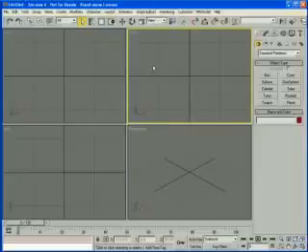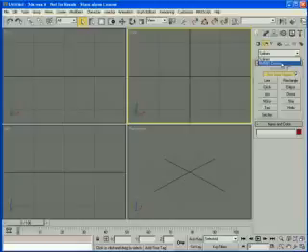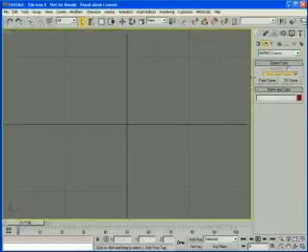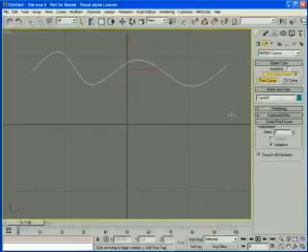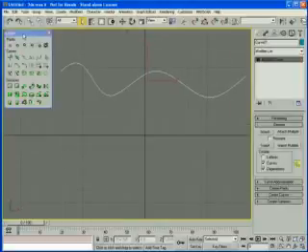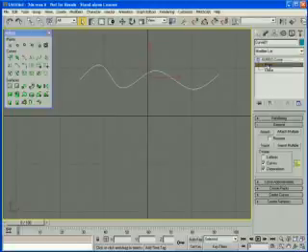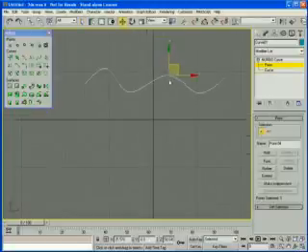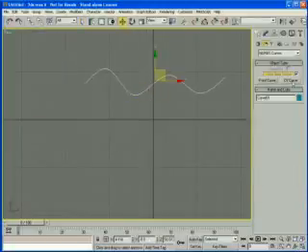Let's learn how to model using NURBS in 3ds Max. Now, if you've used Maya or Softimage or any other number of packages, you're probably familiar with NURBS because those packages rely very heavily on NURBS to create surfaces. Max isn't as NURBS-centric as a package such as Maya, and most people can get by just fine using polygons and maybe patches. Some people don't like modeling with NURBS because it seems too complex,